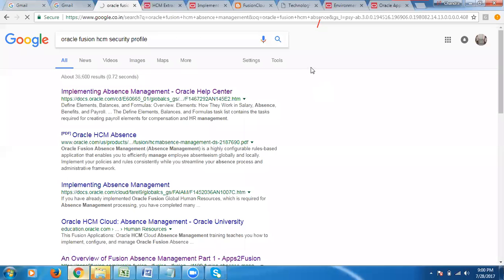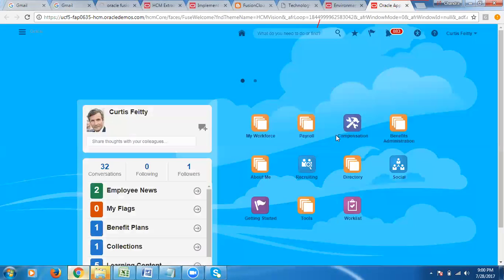FSM is nothing but a functional setup manager. What you are doing here in the setup and maintenance, that's FSM. All our functional setups where you are performing setup and maintenance, right? Implementation project. That comes under the FSM.